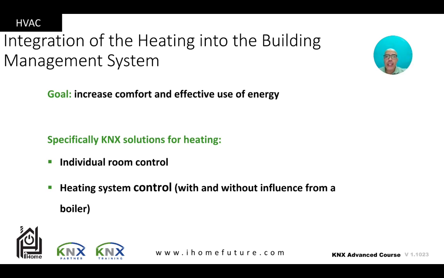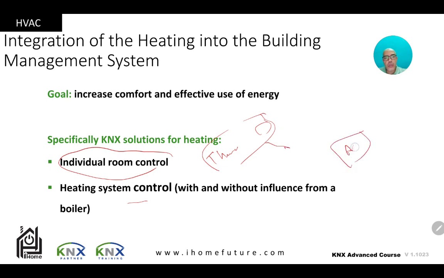Okay, in the KNX system, you will use individual room control, which we said is a thermostat. This is the unit that you put in the room. And heating system control, which will control the pipe, with or without controlling the boiler. And this is the one that will control. And then you link this thermostat with the actuator controlling the boiler or the gateway controlling the boiler to make